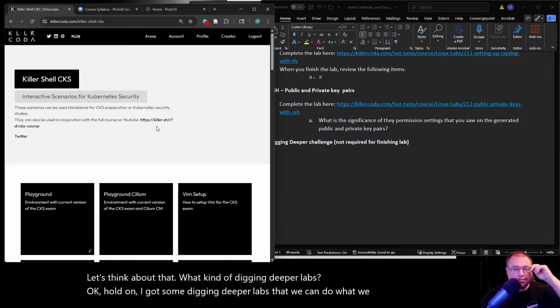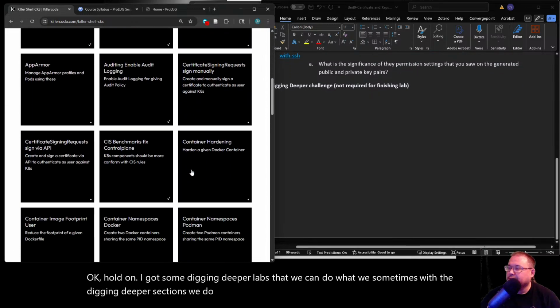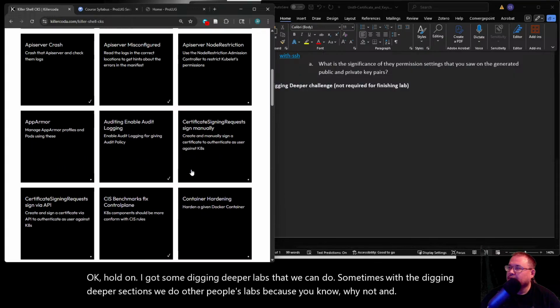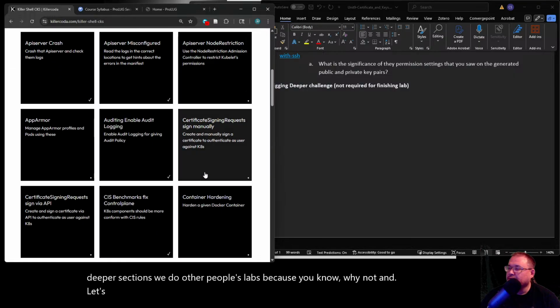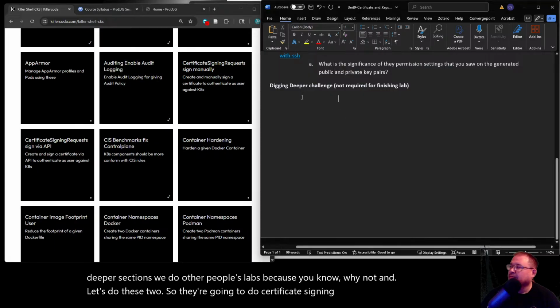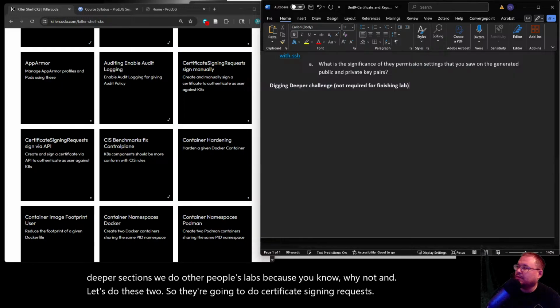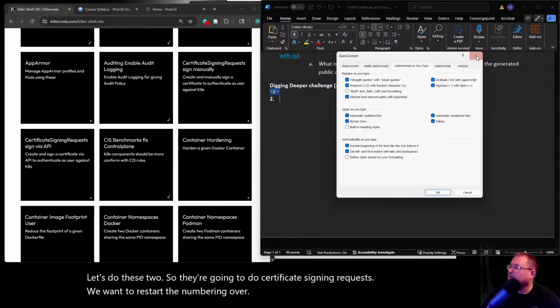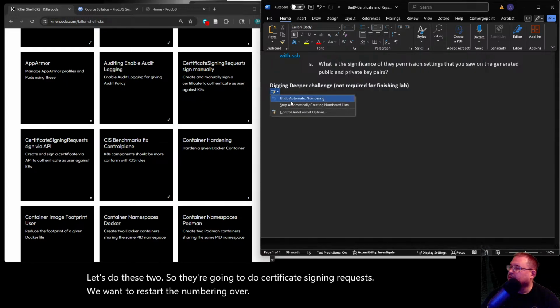Sometimes with the digging deeper sections, we do other people's labs because, why not? And let's do these two. So they're going to do certificate signing requests. It's weird. We want to restart the numbering over. That's wonderful. Can't I just start over?